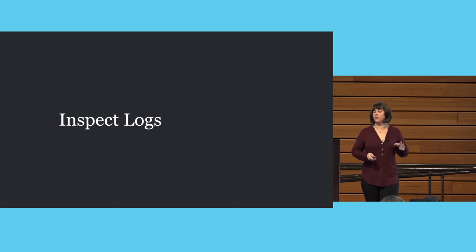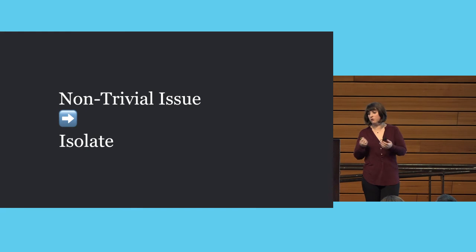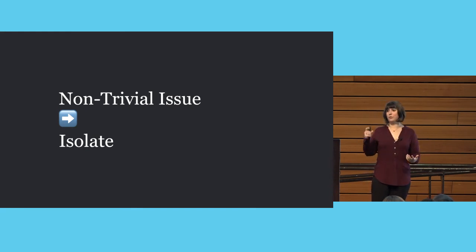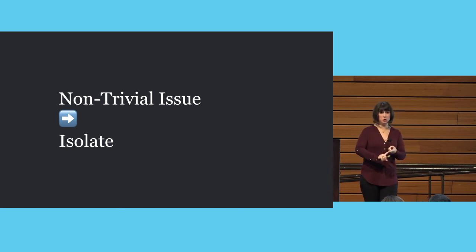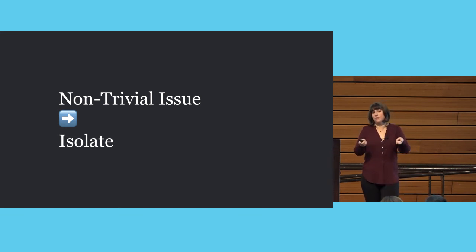And so you're going on, you're debugging, you're inspecting your logs, and let's say you find a non-trivial issue. When you find a non-trivial issue, it's time to isolate that service because it's going to need to change. It's already causing problems, so it might already be isolated, but sometimes it's not. Sometimes if you have automation for that, it might not work, or you might have already had automation and it's working great.